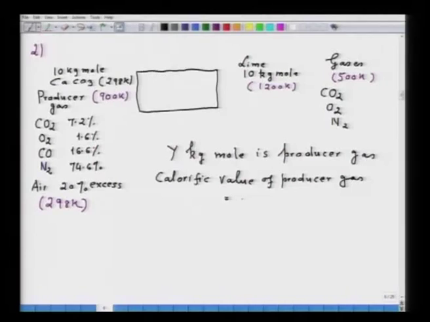So, the definition of calorific value is the amount of heat energy released when 1 kg or 1 meter cube of gas or solid fuel is burned completely, the products of combustion is complete, that is an important thing. For the detail you can see I already referred the video lectures on fuel furnace and refractories. So, the calorific value of producer gas, that would be equal to